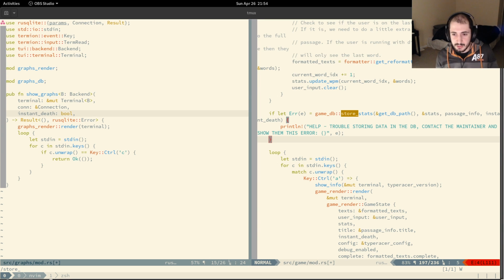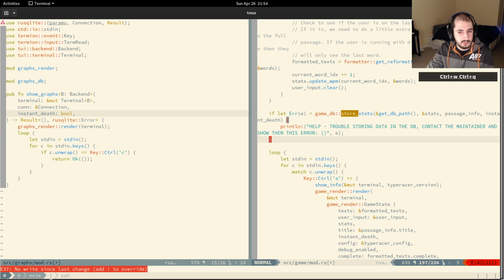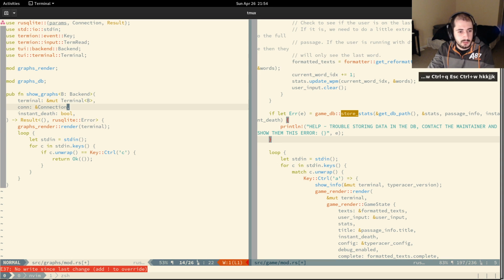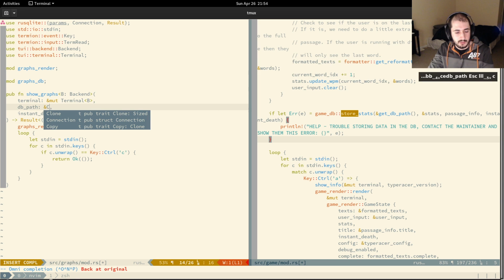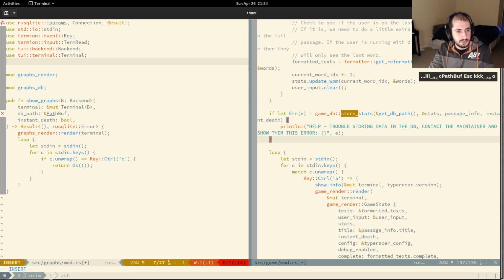A connection is basically free, assuming only one thread is working with it. Let's take a path buff instead. We're going to take db path, and this is going to be a path buff, and use std